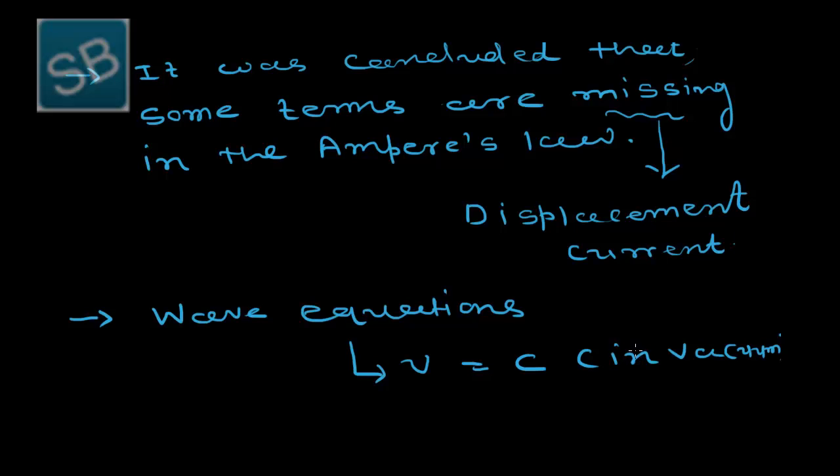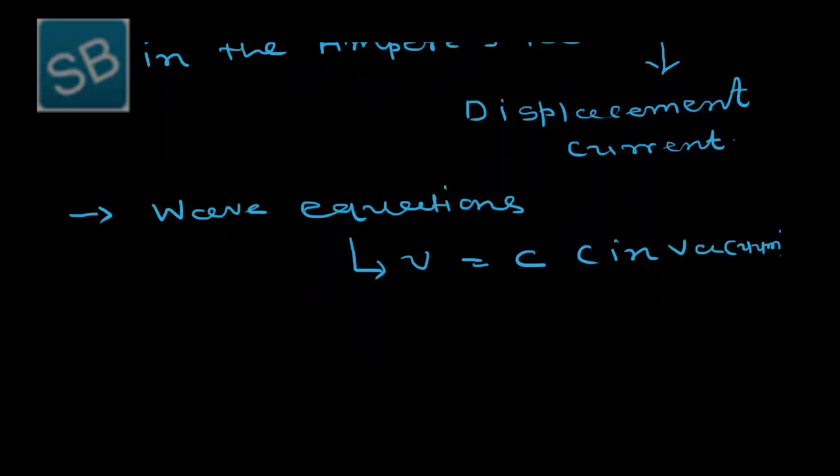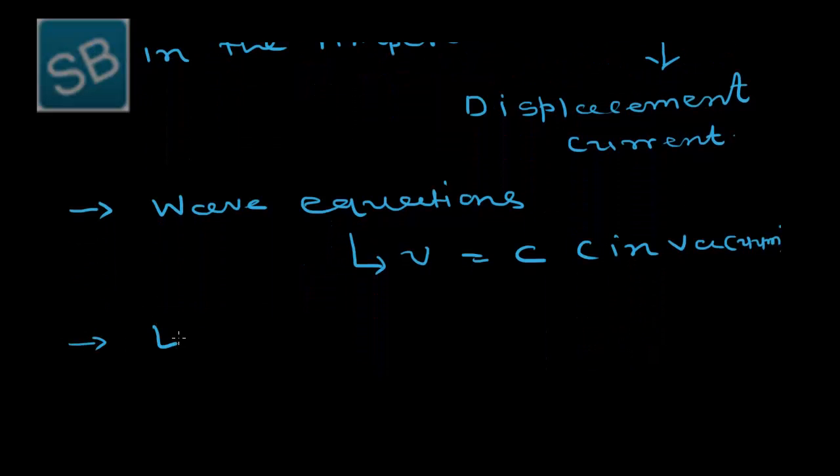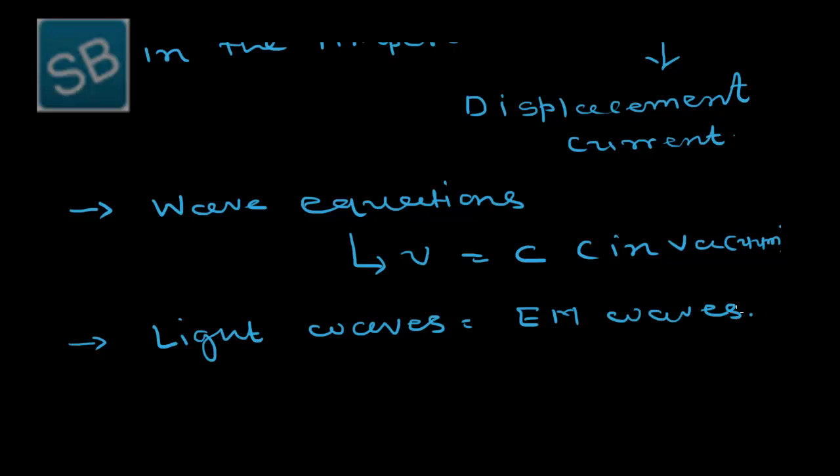And according to this fact, light waves are nothing but waves associated with the electric field and magnetic field. So, light waves are also known as electromagnetic waves. And now, we will study the missing term analysis. That means before that we have to consider this displacement current. So let's start the analysis to find out the missing term.